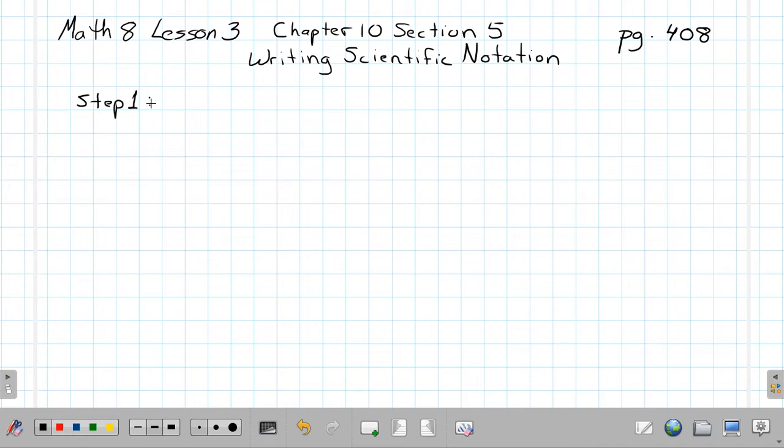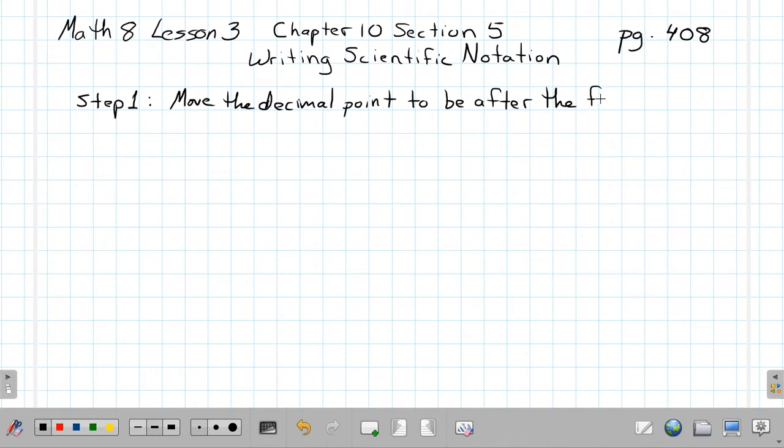Now, the first step is with that number, we need to move the decimal point to be after the first non-zero